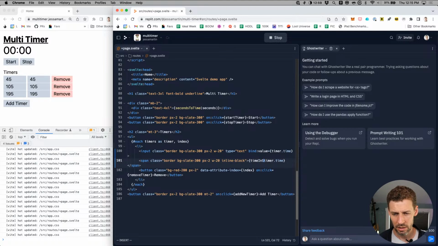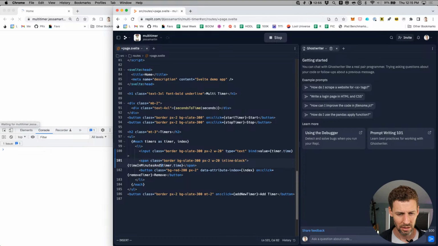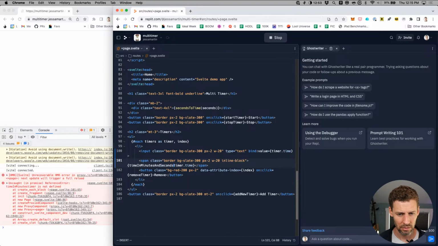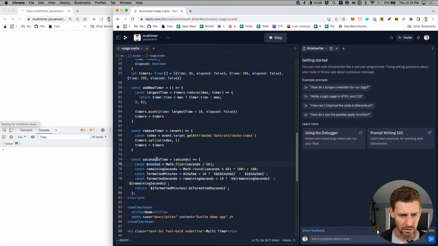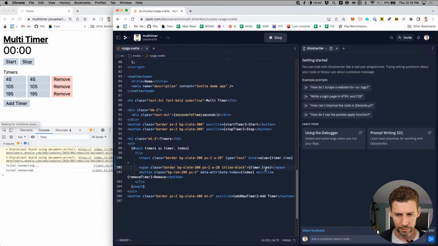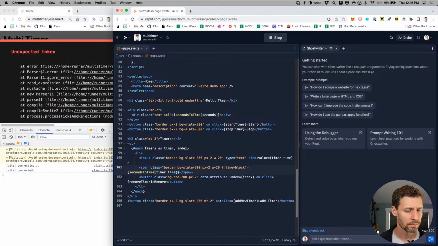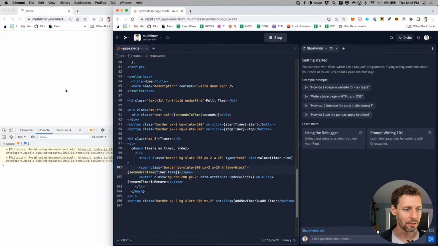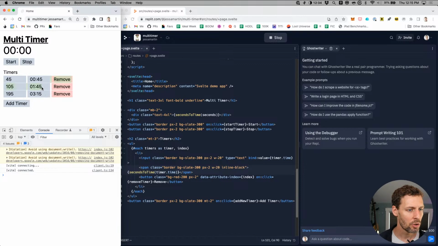time in minutes, seconds. Actually, did I already write a function for this? I did, seconds to time. Cool. So we can reuse the function that we've already written. Notice how Replit's freaking out over here. Cool, there we go. So now those times are displayed in minutes and seconds, and they're entered in numbers.